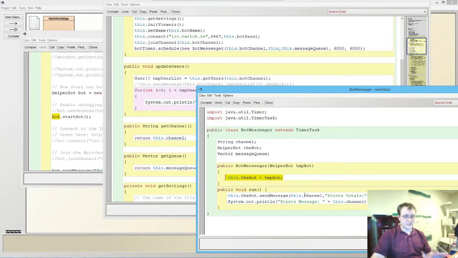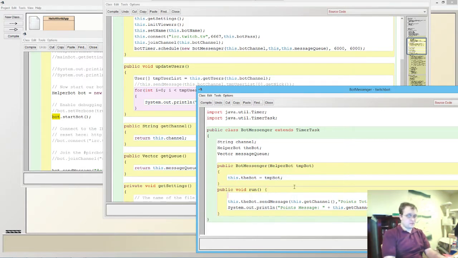So all I have to do is pass that. Now I can do this dot get channel. I'm going to need to get the users too, or no, I'm not going to need to. I'm going to be using the actual message. Now in here, on this run, I can do